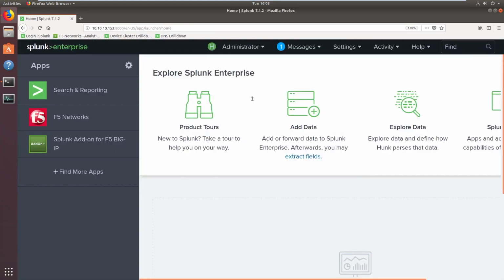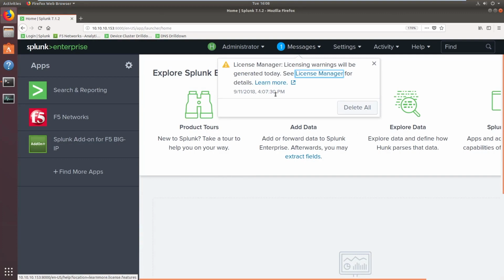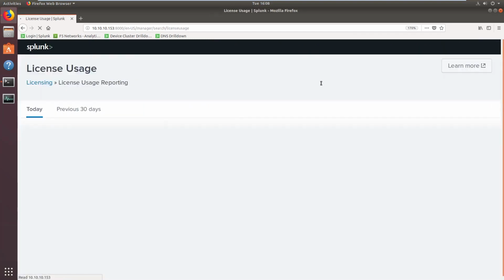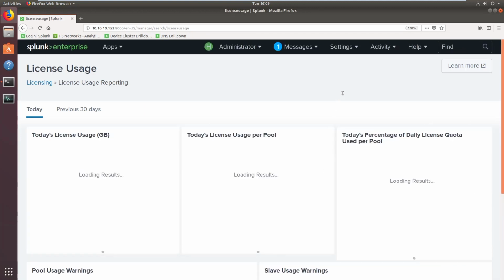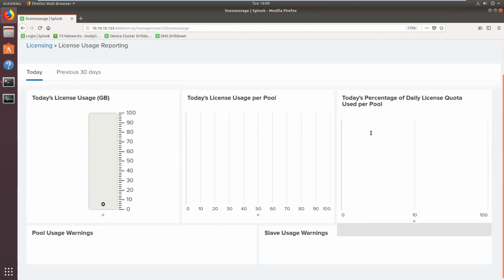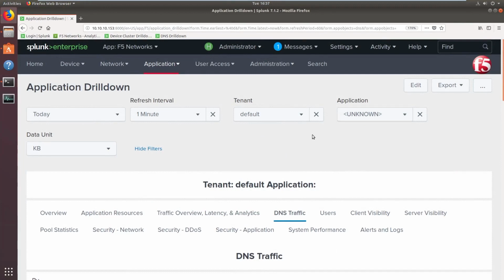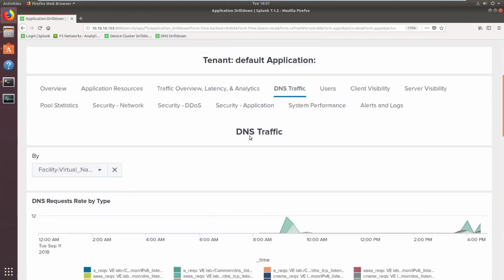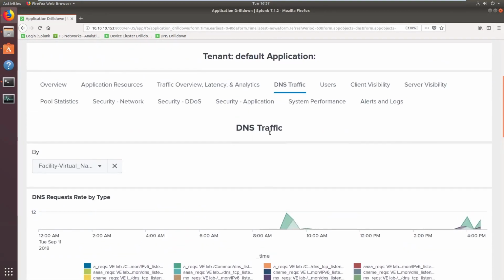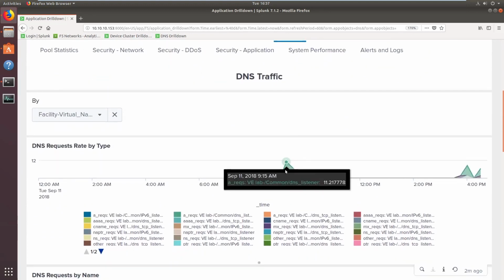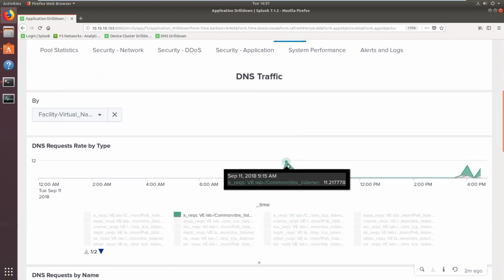Okay, so it looks like I have a message here, and it's at 4:07, which matches my current time right now, and it's likely going to indicate that same issue, that you've met your daily quota for today, which is lovely because I had this running and wasn't using it until right now. Okay, I've got the information to populate now. You can see some of the earlier stats that I ran earlier today,